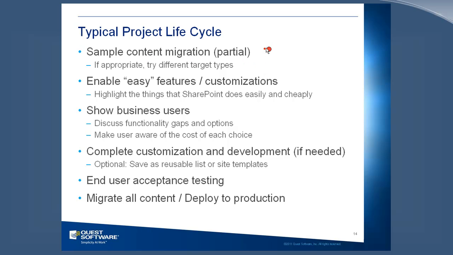And you might even try some different flavors here. You might do one to a custom list and do one to a wiki page or one to a Word document. And then this gives users a chance to see what their choices are in terms of your target types. And then enable some of the easy things in SharePoint, turn on the approval process or turn on version control. At that point, it's a good time to show it to the business users and tell them you haven't done any development yet, but you want to show them what the content looks like in SharePoint, and you might show them the different choices that you migrated, and then start discussing what the gaps are and what the options are. So show them the migrated content with some of the simple things enabled, and then say,